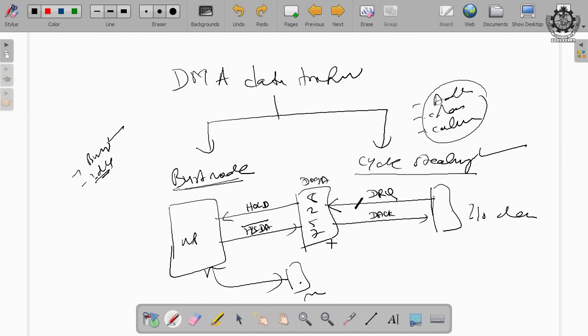Then which is costly, cycle stealing or burst mode? And when will the burst mode be preferred? When a huge amount of data is to be transferred, certainly burst mode is preferable. Otherwise, there will be too many exchanges of control signals when you transfer the data under the cycle stealing mode, because sometimes you have to give the control to 8257, and at some other time immediately you have to give the control to the microprocessor.